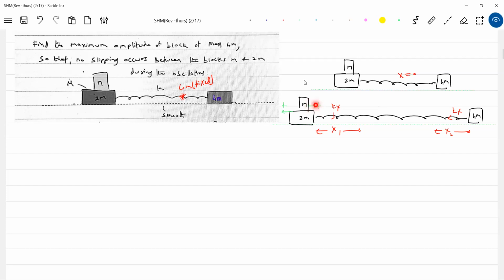There's a maximum upper limit for this friction. How much is it? mu s mg, it should be mu as given, or mu mg. So let's get into first the spring force acting, kx equal to mu. If the value of x is greater than this value, slipping will occur. So what is the strict condition? I'll put it like this: for no slipping between the blocks.